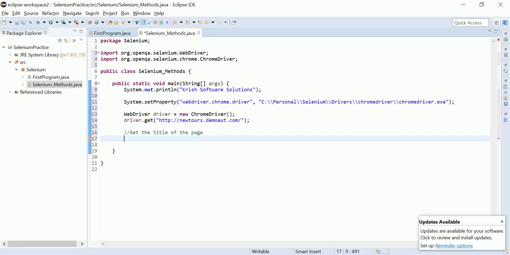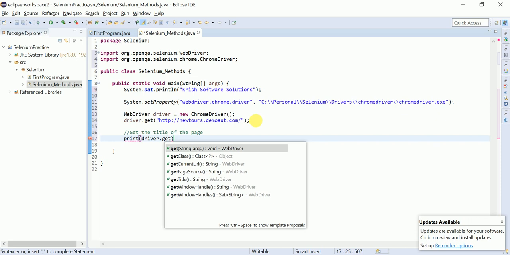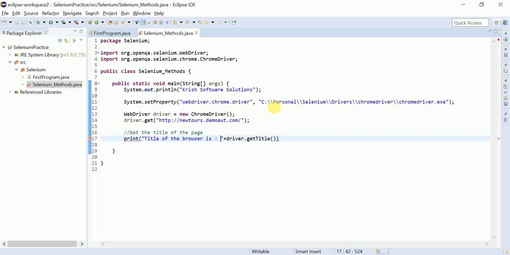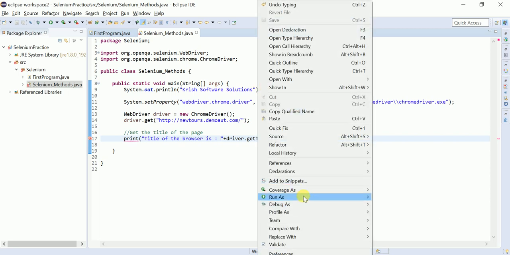I am just printing the title of the page with driver.getTitle. I am just trying to print that the title of the browser is. Let me run this script and you will see whether it is fetching or not.